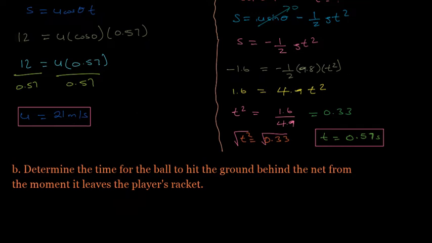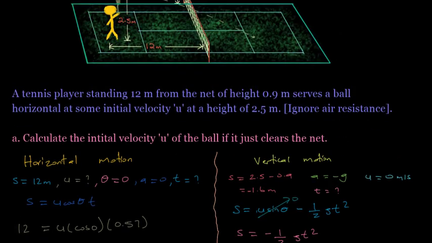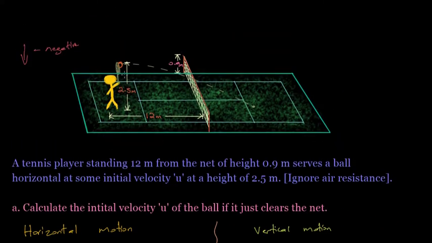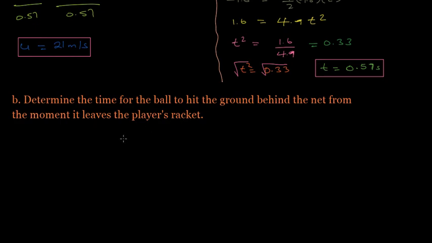So let's see now part B. Part B says we're to determine the time for the ball to hit the ground behind the net from the moment it leaves the player's racket. So we need to find the time for the ball to travel here and actually hit the ground. So we can consider motion in the vertical. So for our vertical motion again,